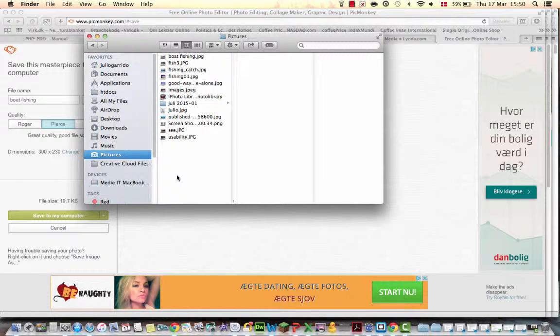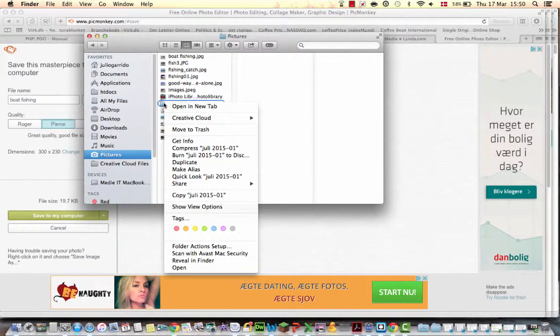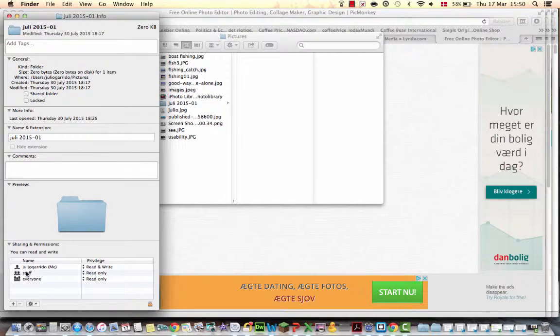When we need to upload images to a folder online or in a local server, the folder needs to have writing permissions. It means they shouldn't be protected from writing. For example, if I go to my random folder here, this one, I control click and say get info, we can see that there's read and write permissions for the administrator, but not for the others.